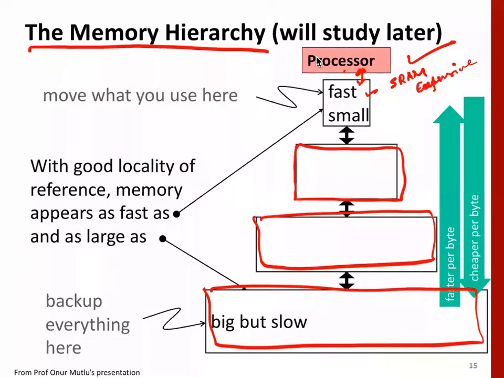So exactly what we do in memory hierarchy is that we bring the data as we need it towards the highest memory, or the fastest memory, and whatever we don't need, we move it down. Okay, so in this way, most of the time you have a hit. When a processor needs something, most of the time it will have a hit in cache, or if not in cache, in main memory. In that case, the processor gets data at very fast speed while you have the capacity of this size available.